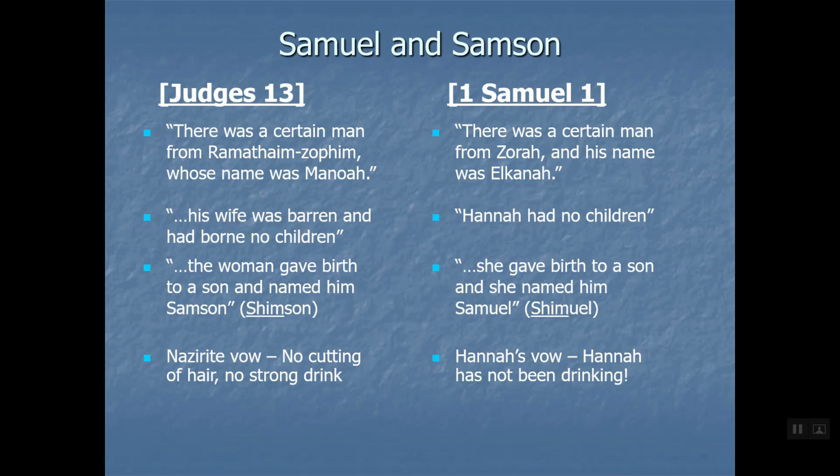On the one hand, there's clearly a lot of similarities between them. On the other hand, there's no similarities between them. What did all 7 of the judges do when they would come? Save Israel. How? They would fight. They would come and they would fight, right? Even Samson, as bad as his was, it was very indirect because of his moral issues. He still fought. He killed a bunch of people in his death. And even in his chasing of women, he killed a bunch of Philistines that way. So that was what they did.